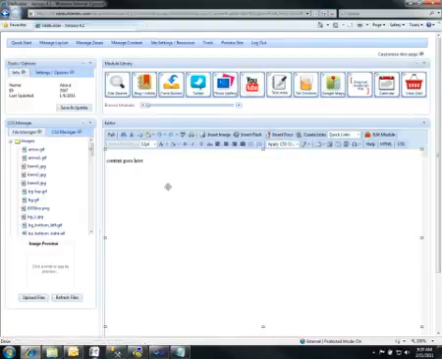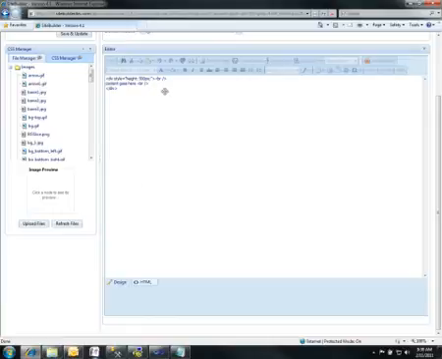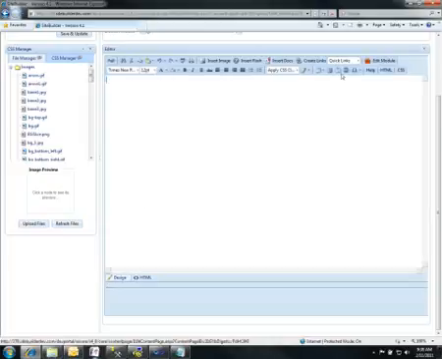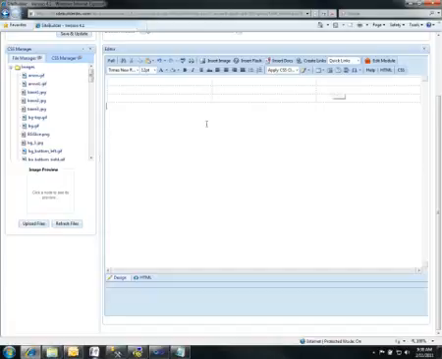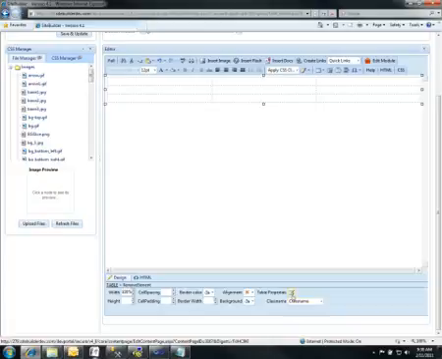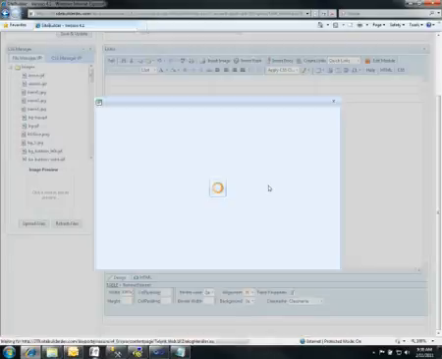Now from within the editor itself, let me switch over here to the HTML. We can obviously just use the style tags right inside the HTML, and we can write our own CSS inside of there. Now we can also come in here, if I create a table real fast, if we click on any of these elements, down here at the bottom there's a bunch of attributes that we can click on, but if we open up the table properties,